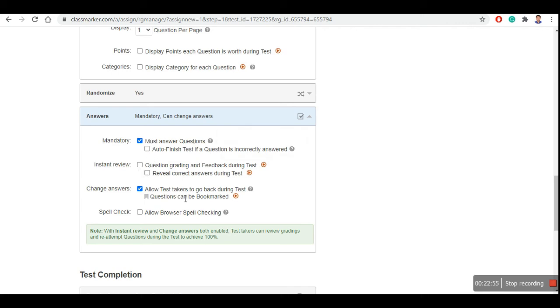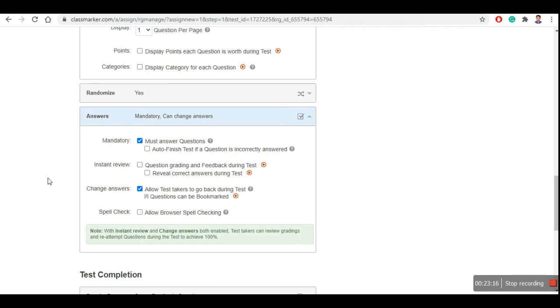Now, allow test takers to go back during test. Here this is something which is very important. Once students have answered, you don't want them to come back and change their mind and change their answer by referring to some book or some other thing.